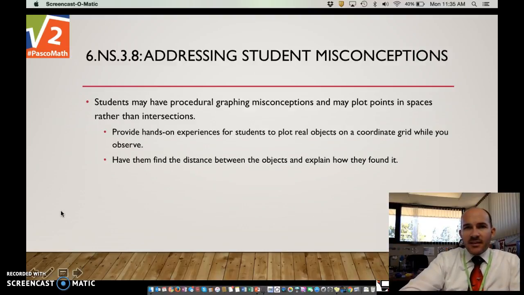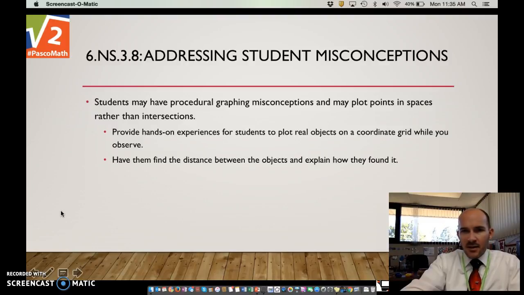When we think about anticipating some misconceptions and how to address those, students may have procedural graphing misconceptions and may plot points in the spaces between rather than the intersections on the coordinate grid. And so, again, we want to provide hands-on experiences for these students and work with them, have them plot some real objects on the coordinate grid while you observe, and then have them explain how they found the distance between